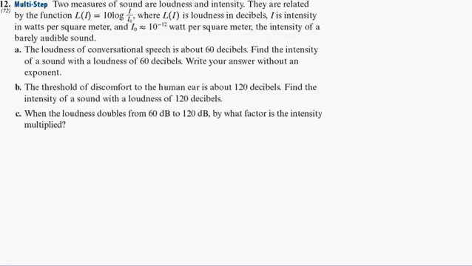As you can see, I made the text a bit smaller for number 12 so that I had a little bit of room to work. I found this problem kind of interesting because in physical science, we just finished talking about the difference between loudness and intensity. It says they're related by the function. Obviously, we didn't talk about the logarithmic function because it was 8th grade physical science, but still, this is definitely